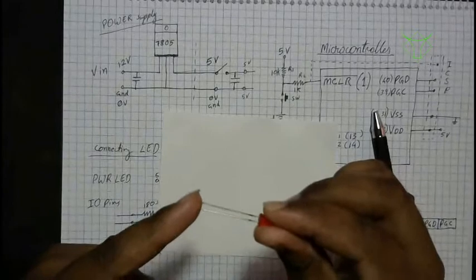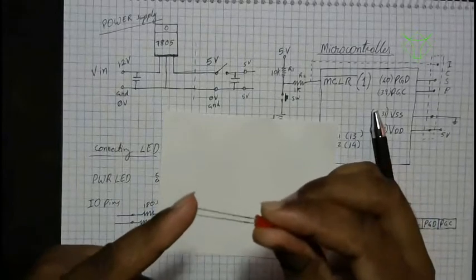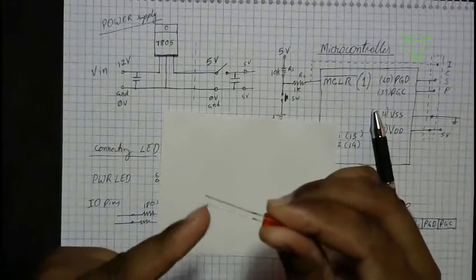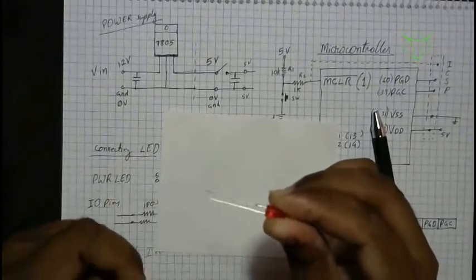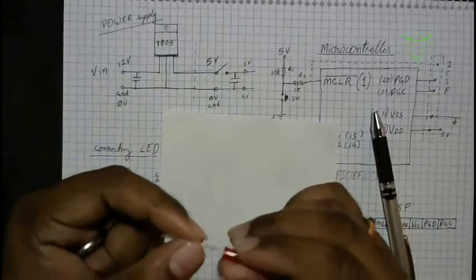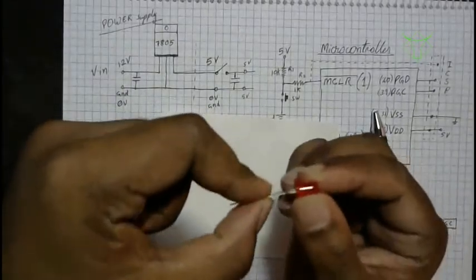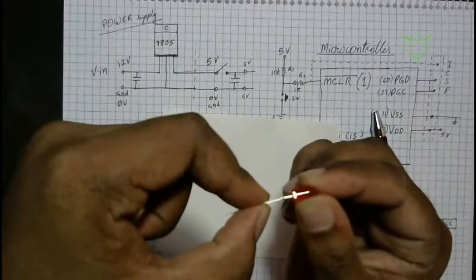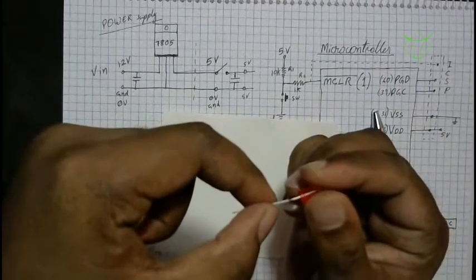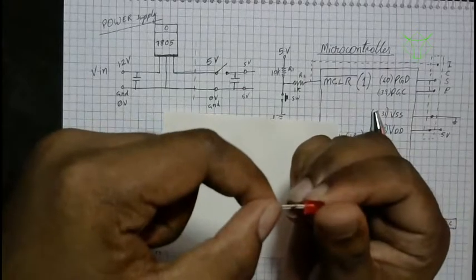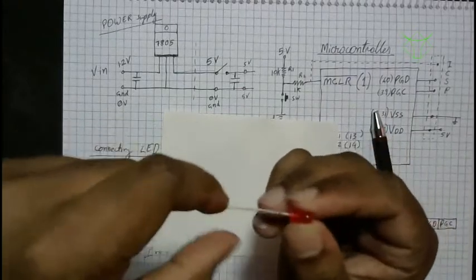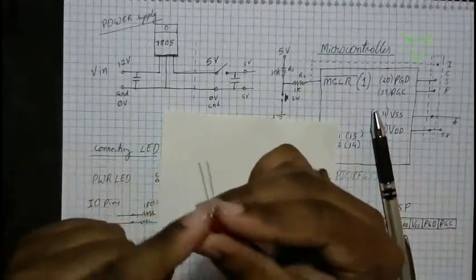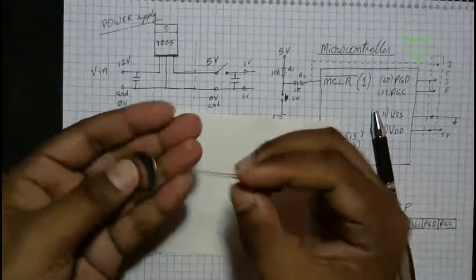The lengthier pin is connected to positive, that means it is the anode, and the shorter one is the cathode, and you connect this to negative or ground. Another way of identifying these pins is the flat surface. You can see that shining flat surface, and there is no flat surface on any other part. The pin near that flat surface is the cathode, or negative, or 0 volts, and the other pin is positive. That's how you will identify.